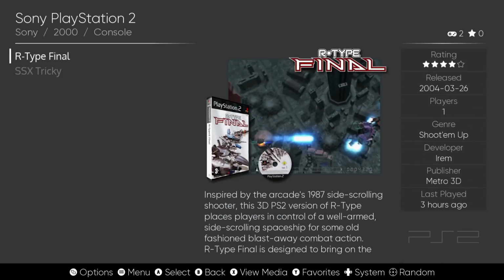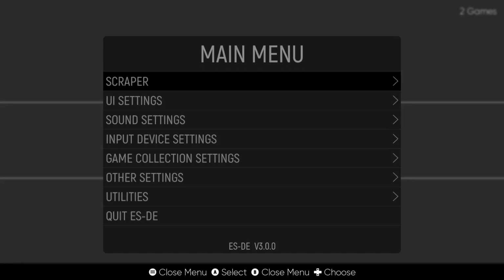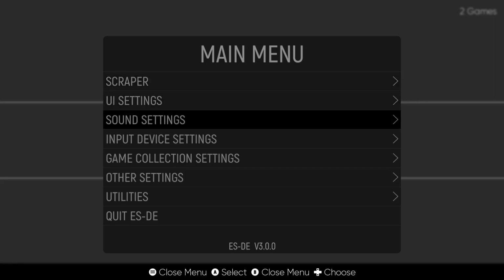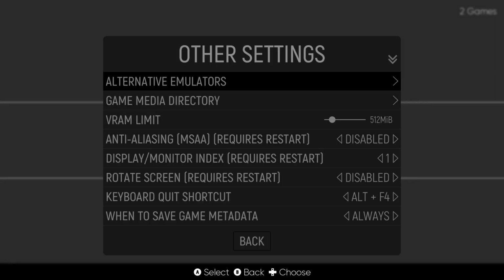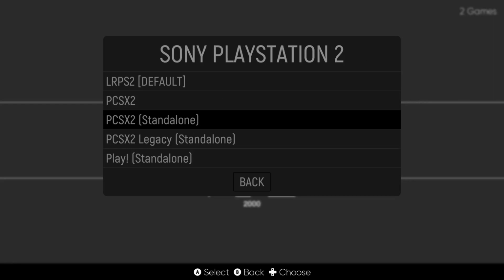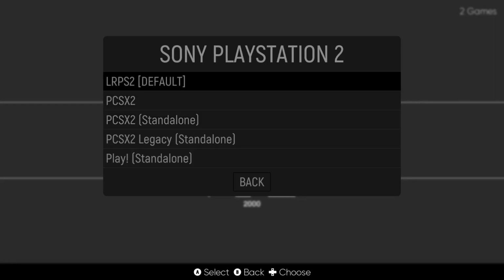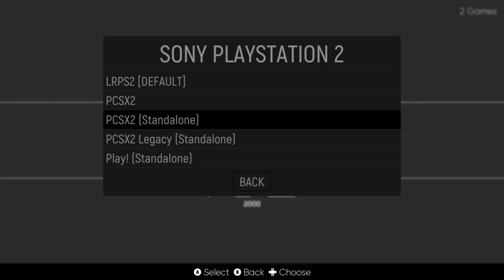And here we go. So other things we can do then once we're inside of Emulation Station is if you're planning on using PS2 with say a RetroArch core, just remember to go to other settings, alternative emulators, and if you're going to be using a RetroArch core for this, just select the core from here. But as you know from this setup guide, I'm using the PCSX2 standalone, so I'm going to just make sure